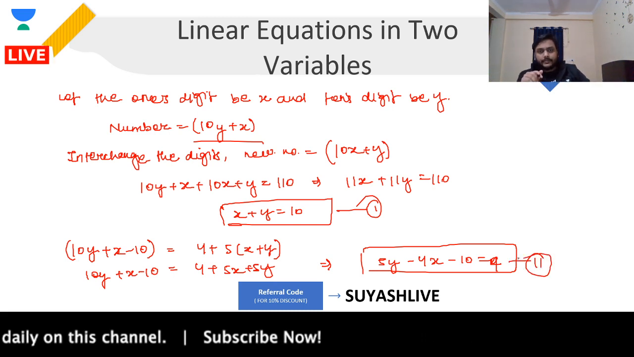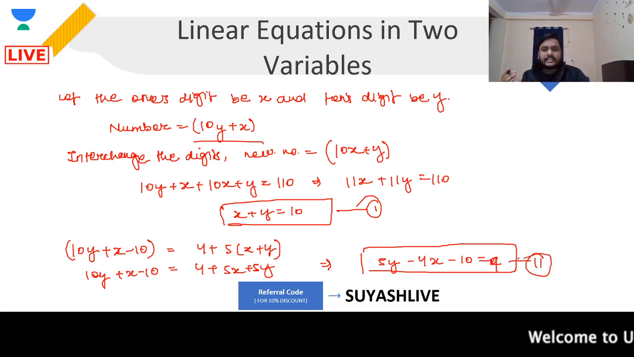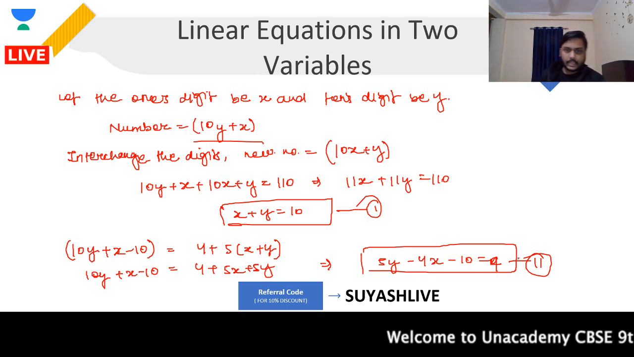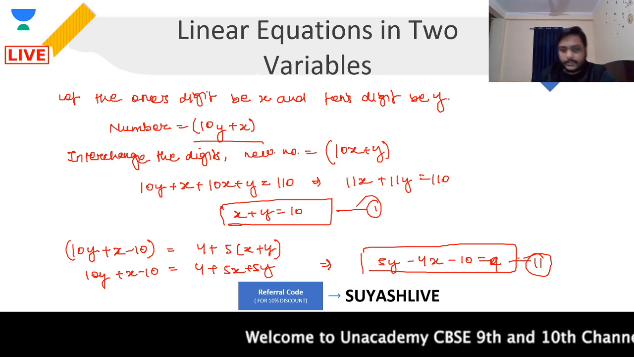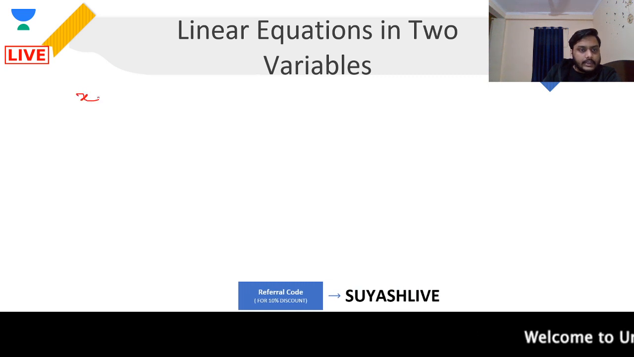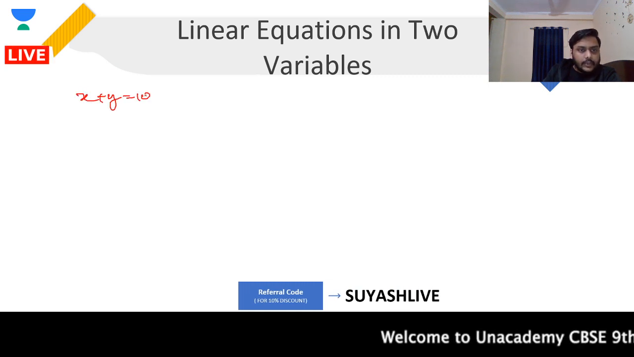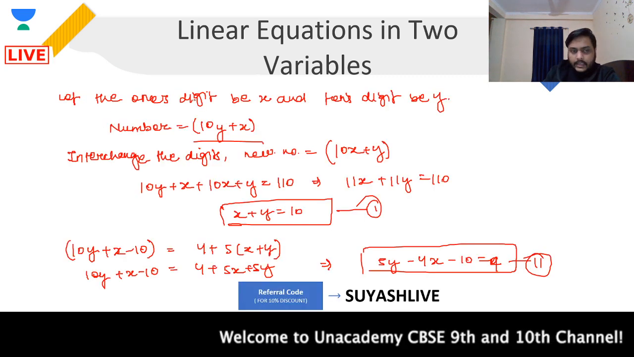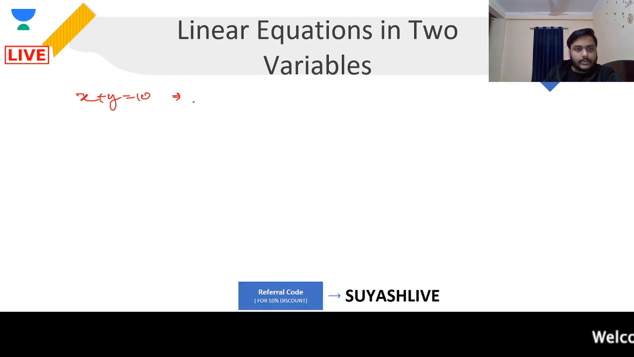This is your second equation. Now, what you can do is simply solve these two equations simultaneously to get your answer. I am just solving them. So the first one is x plus y equal to 10. From here I can say that my x will be what? If I want to find out my x from here, x will be nothing but x equal to 10